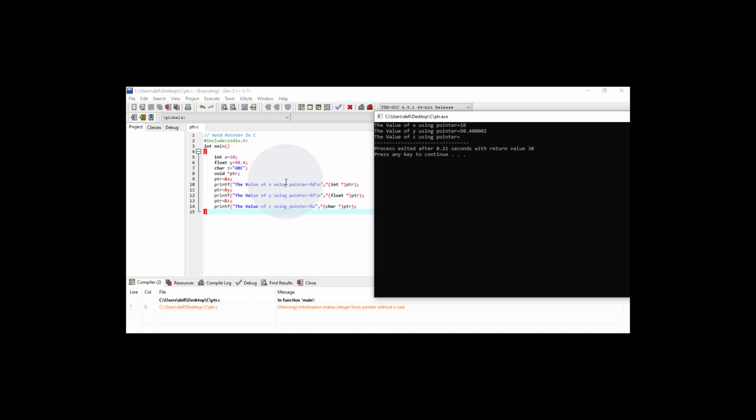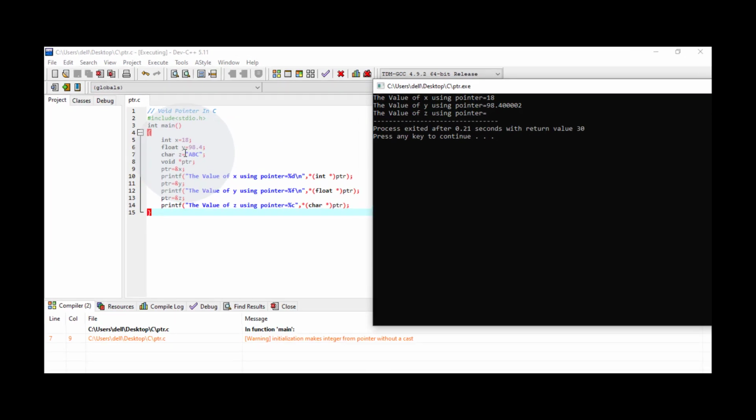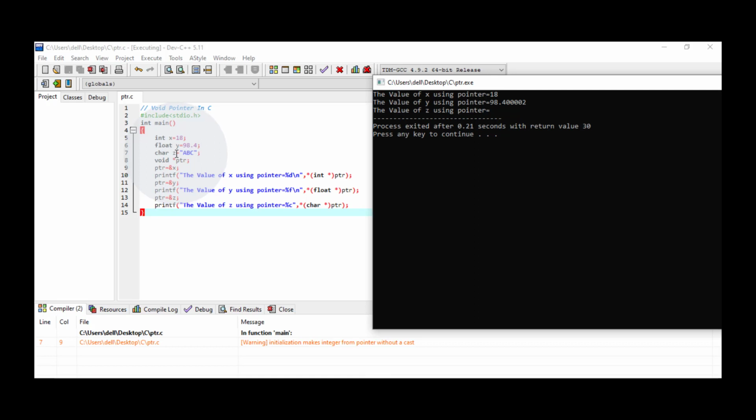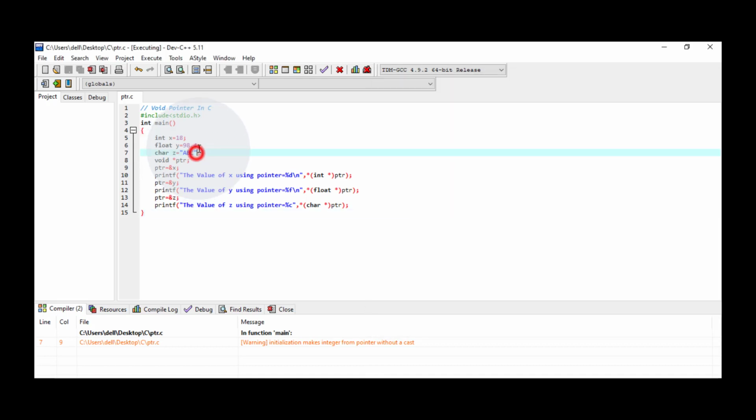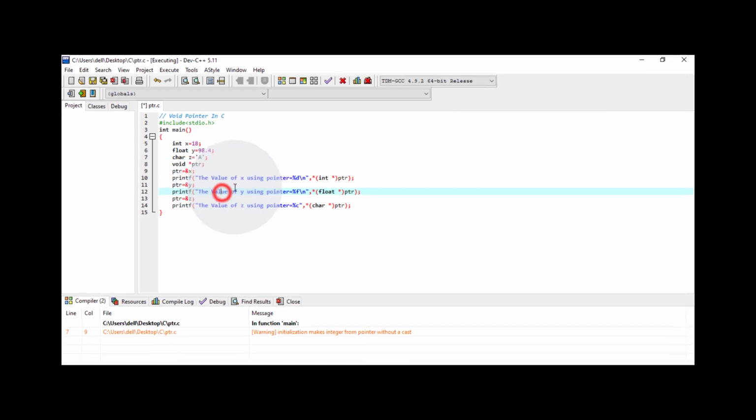This is the mistake over here. We have a char data type, and char is allocated only 1 byte of memory, so we have to assign it as a single character. So I'm using capital A here.